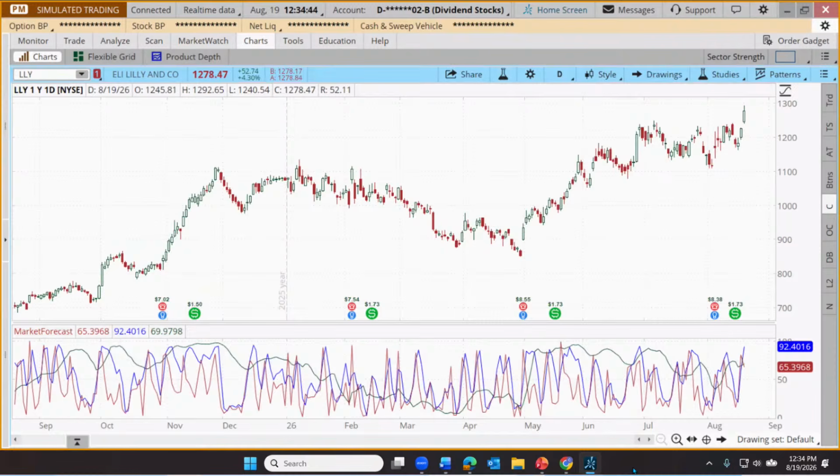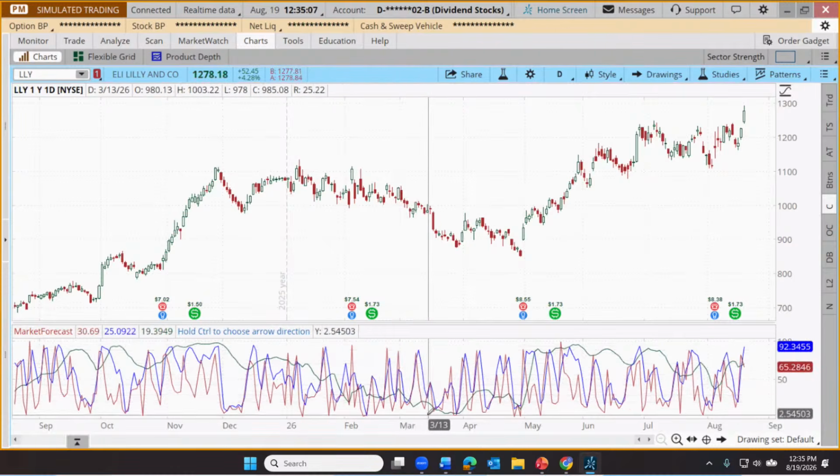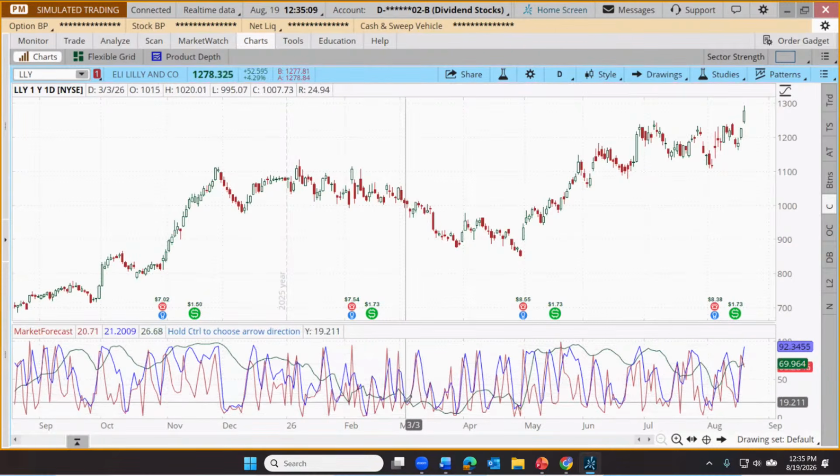Market forecast can be kind of a complicated tool when we first see it. It's basically three what we call stochastic oscillators, but again, notice they're oscillating up and down, but overall going sideways. And these stochastic indicators are of three different time frames. We have the red one, which is known as the momentum line, very short term. It oscillates very rapidly. We have the blue near-term line, oscillates a little bit less rapidly.